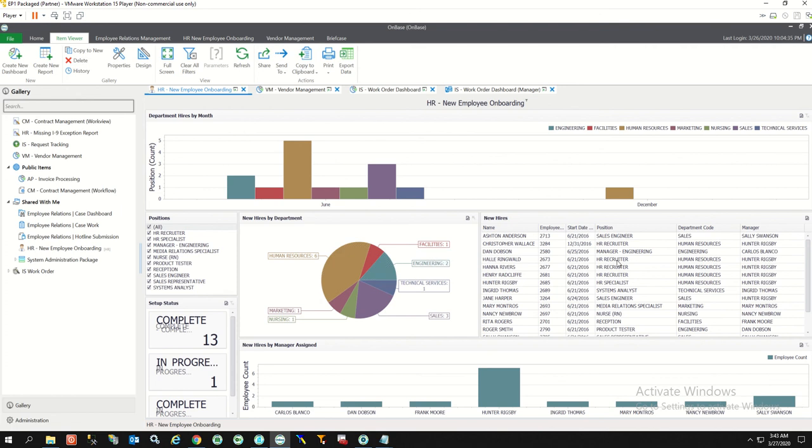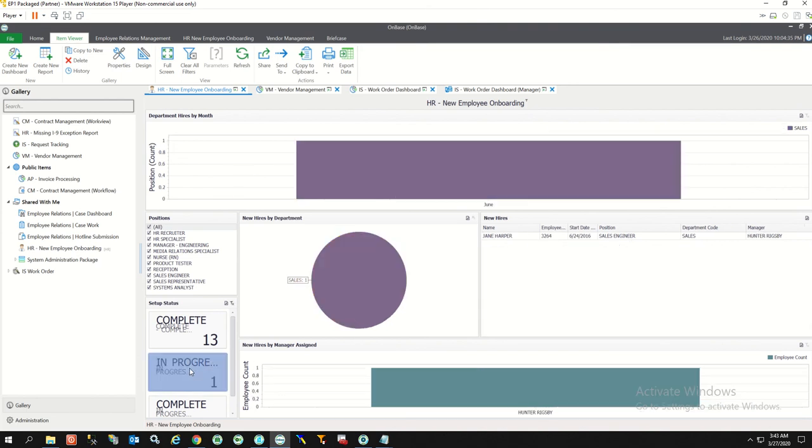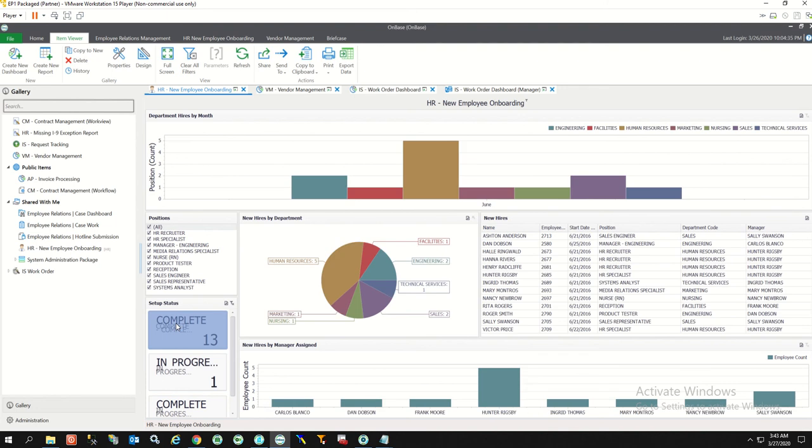report. We've got new hires here, so we've just got a listing of all the new hires. And at the bottom, we have another chart by new employees, also showing the manager's name, so the manager responsible for that new employee. We have here how many are still in progress, so we can see that there's 1 at the moment, which is Jane Harper, and they are still in the process of being onboarded. And we go back to our completed,